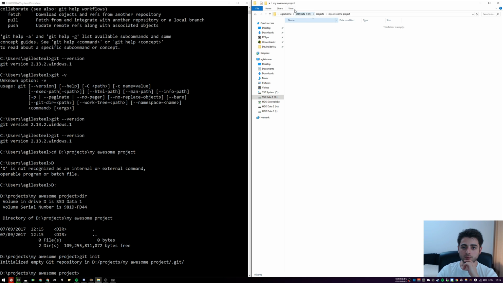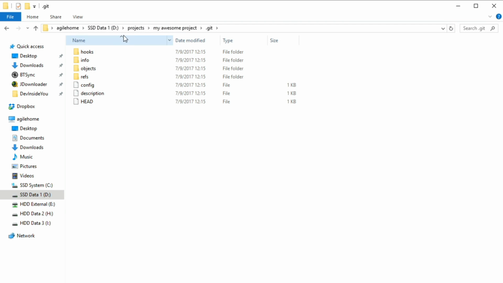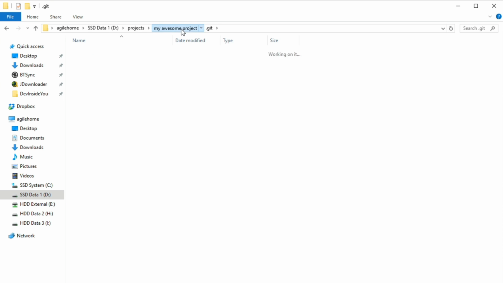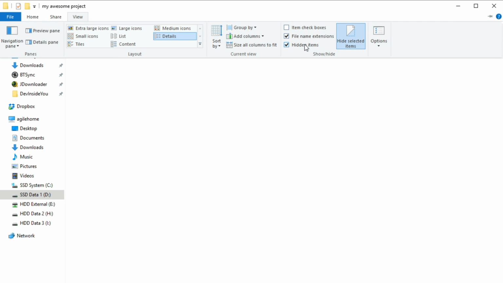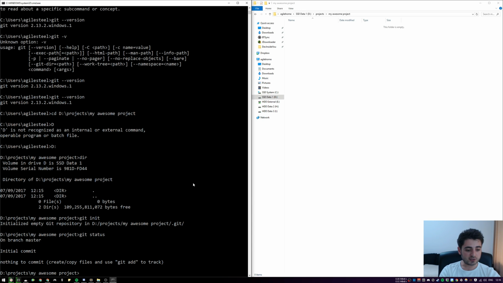So if we go to view and say hidden items, we see this .git folder, and this is a bunch of stuff that git needs. So never ever touch this folder, never ever delete it. Let's hide items again. All right. So now we can do git status in here, and it's going to say on branch master, initial commit,